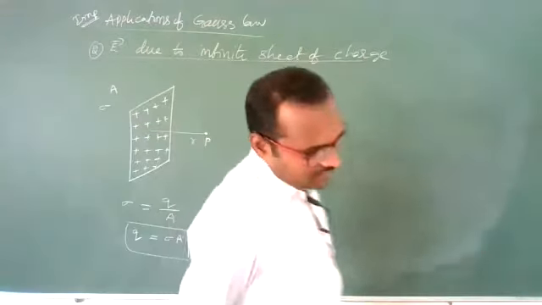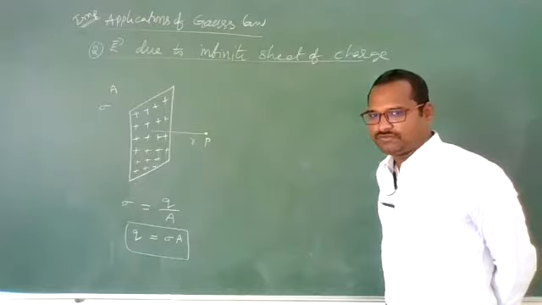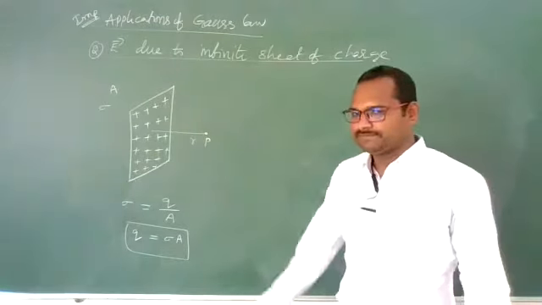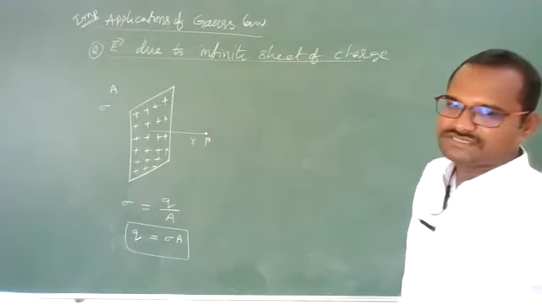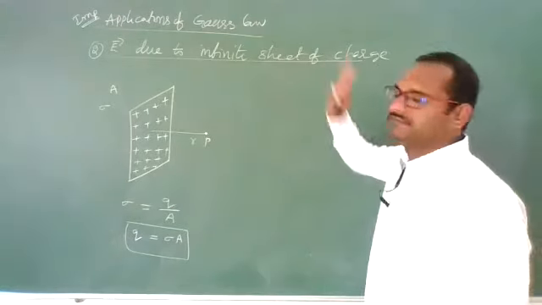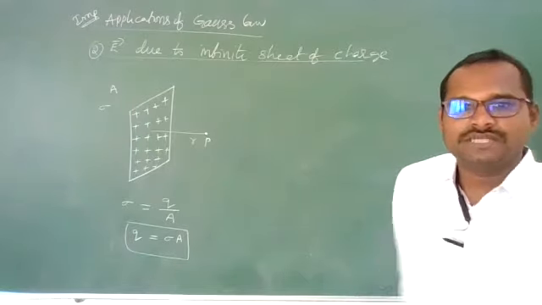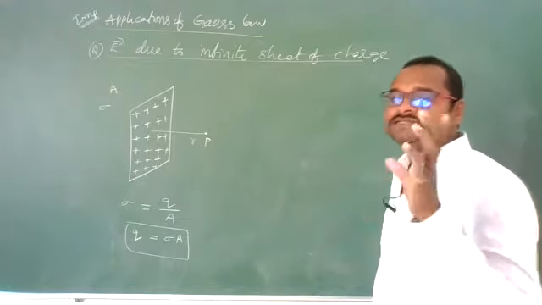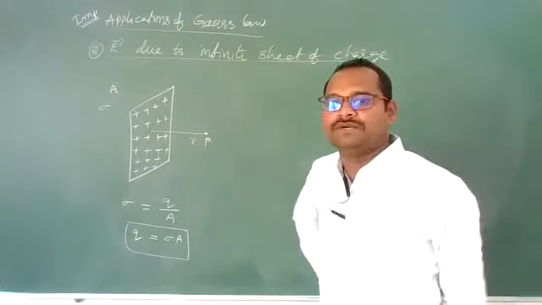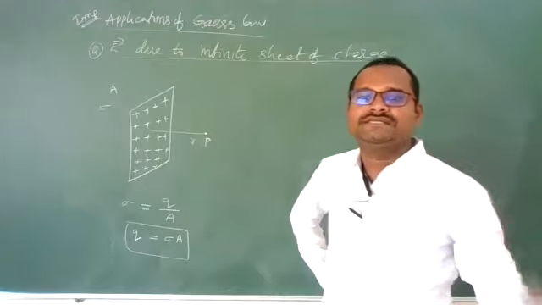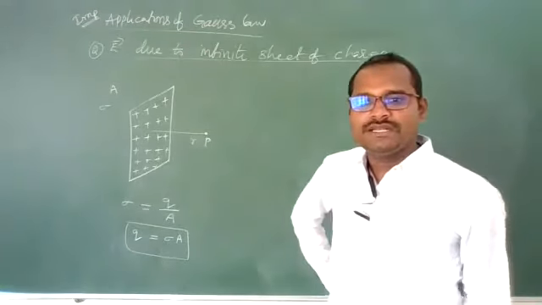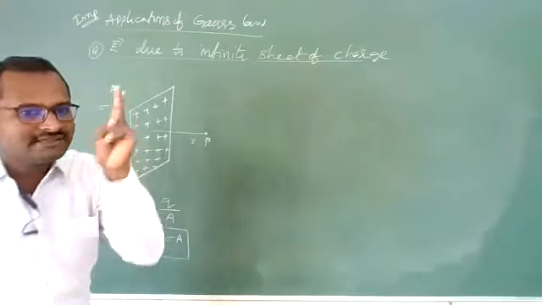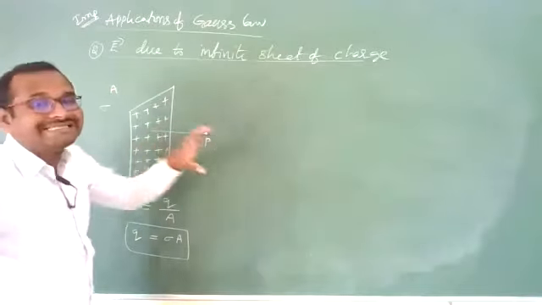Okay. You can do this by using principle of superposition also, but it will be very difficult because you need to evaluate so many integrations. Difficult task. So better go with Gauss law again. Whenever you want to use Gauss law, what you need to do? You need to consider a Gaussian surface. And while considering the Gaussian surface, 2 points you need to remember. One is at each and every point on the Gaussian surface, electric field should be equal, and area vector of Gaussian surface and electric field should be parallel to each other. By considering these 2 points, I am taking one Gaussian surface.